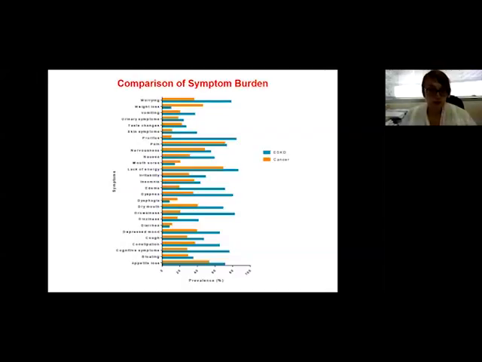But what's increasingly becoming clearer to us as researchers and also as clinicians is that people with other chronic diseases also have quite a high symptom burden. And in this diagram, the comparison between those with end-stage kidney disease, people who are alive, living well, on dialysis, they actually have a worse symptom burden overall than those with terminal cancer. There's only a couple of symptoms where those with terminal cancer have a higher prevalence of that particular symptom,